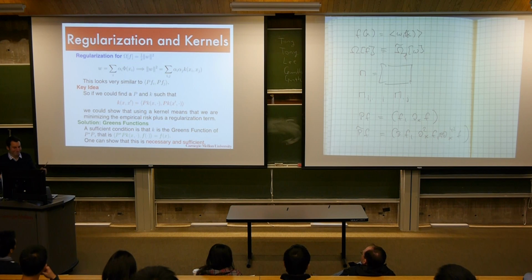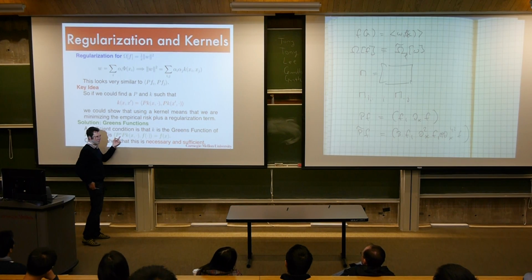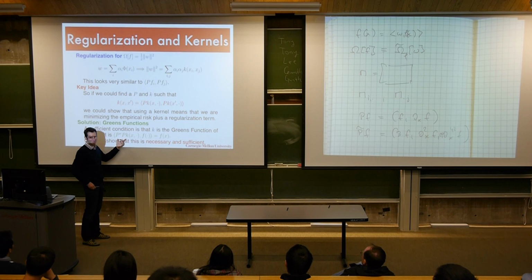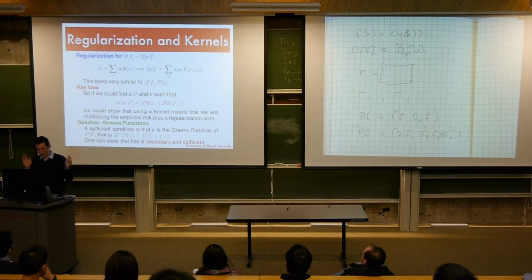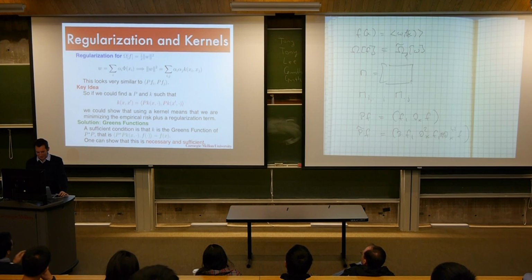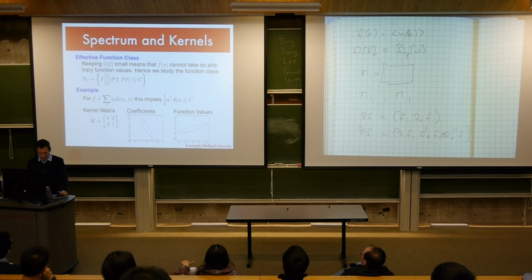So these are all reasonable ways of measuring smoothness, and they correspond to what I think about as smooth. Now, P star is the adjoint, so this is the operator equivalent of a matrix transpose. And you have to worry about complex numbers and so on, but it's basically a transpose. Now, what turns out to be the case, and I'm going to skip over spectrum and all that, is that I